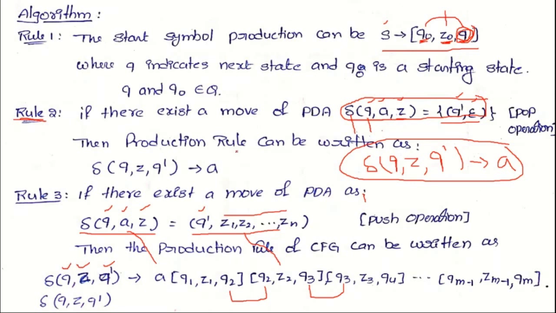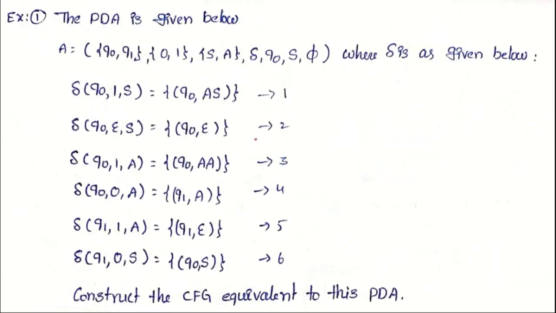So now we observe an example of how to translate a given pushdown automata to their equivalent context free grammar. So here is the example. There is some PDA. It can be given as A equals Q0, Q1. These two are the total states in that particular pushdown automata. Next, the input alphabet, that is sigma, is equal to 0, 1. And this is the stack alphabet, tau. The stack alphabet uses two symbols, S, A.